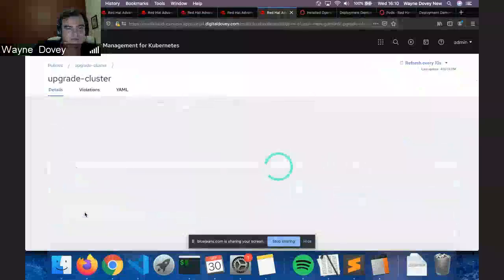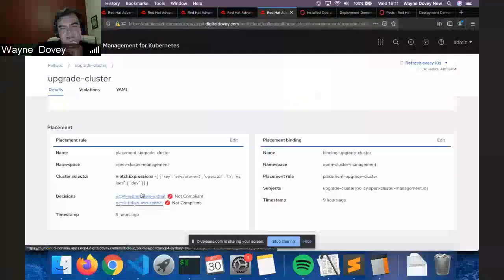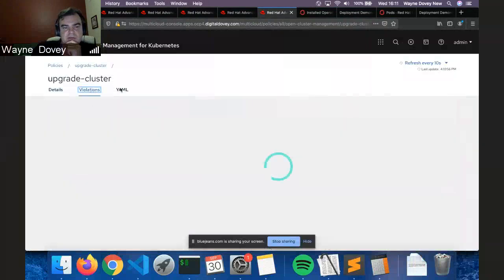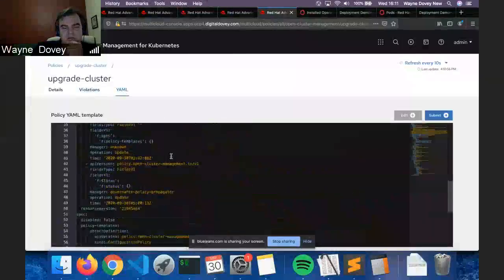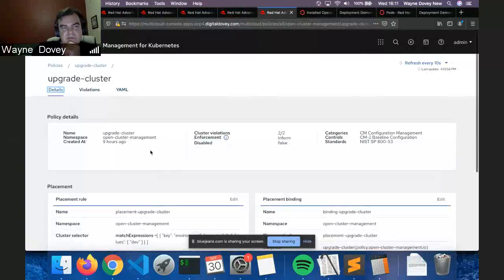And the last one is around cluster upgrade. This is to ensure that your clusters under management are at a certain version. That really helps with ensuring that there's accountability around patching and releasing and that life cycle. So in this case, we've set a desired version of 4.5.2, and in this case, we just want it to be informed. And of course, if we wanted to, for maybe our dev clusters, we could make that enforced, and that would automatically put those dev clusters into the version required. And with over-the-air updates, that's pretty amazing stuff.